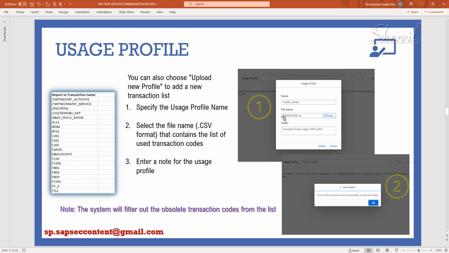And then in the file name, because this is a usage profile, you select the file which contains your list of transaction codes. And in the third field, you enter a note for this profile, the description for this usage profile, this report basically. Now if everything is good, the profile will be uploaded into the system